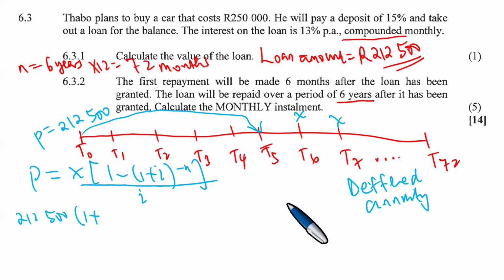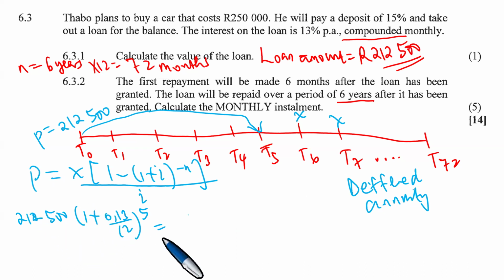Right, so you actually consider the fact that it's 13%. 13% is 0.13, but it's compounded monthly, so divide by 12. And now you must move it 5 months forward. 5 months forward. So the P now is going to be